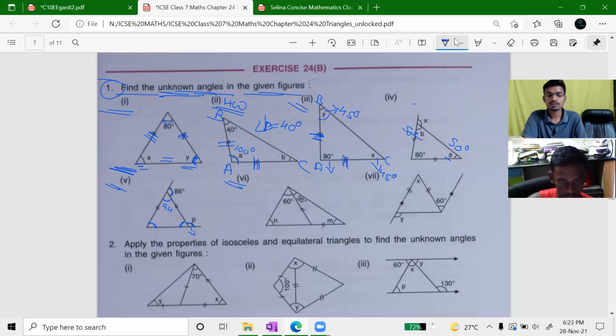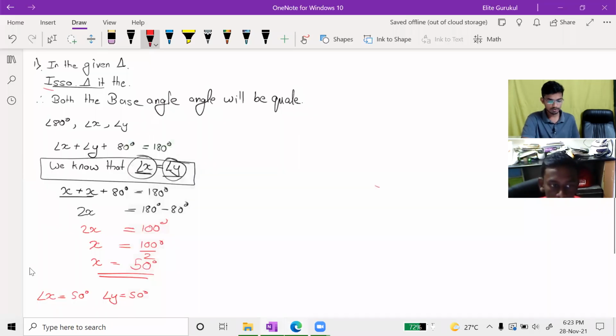In question number 6, first what you have to do? First you have to name the diagrams: A, B, C and D. How many triangles can you see in this figure? Sir, 2. 2 triangles are given in this figure. So, I will do this sum for you.